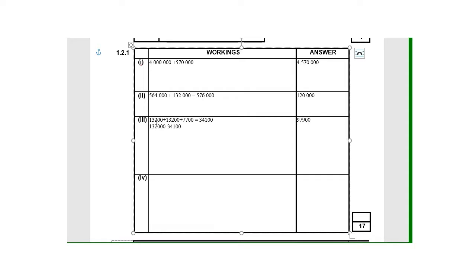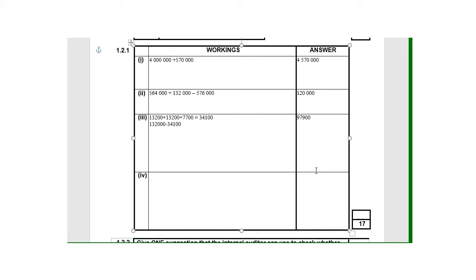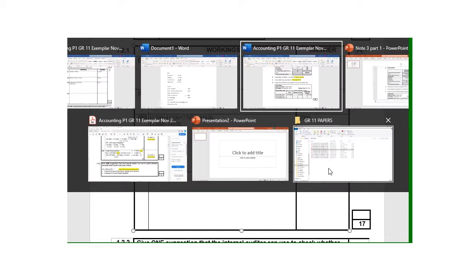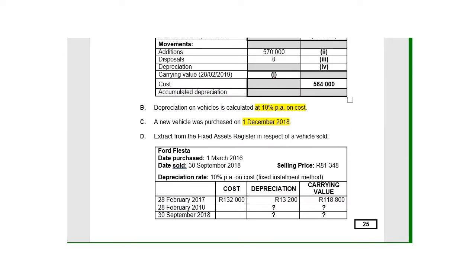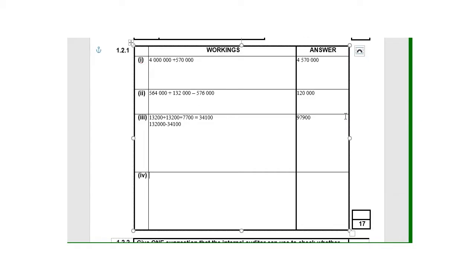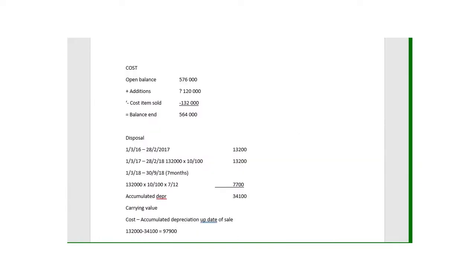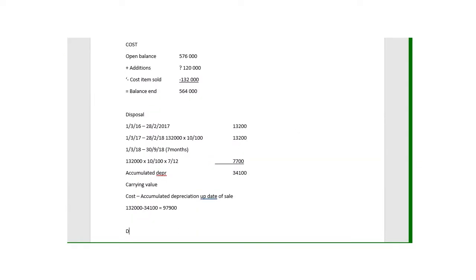97,900. So 132 minus 34 gives me 97,100. Now I must just calculate number 4, and number 4 is the depreciation for the year. So when I do depreciation, it is important that I know I have to split them in 3 categories. So depreciation, I start off with putting in